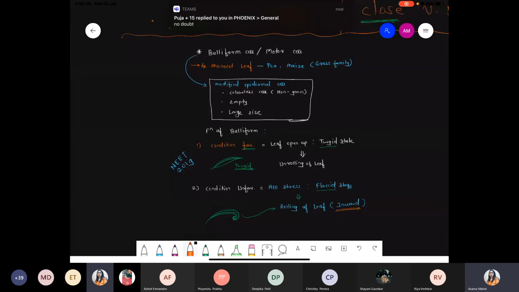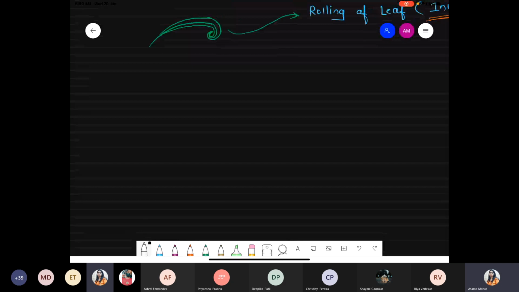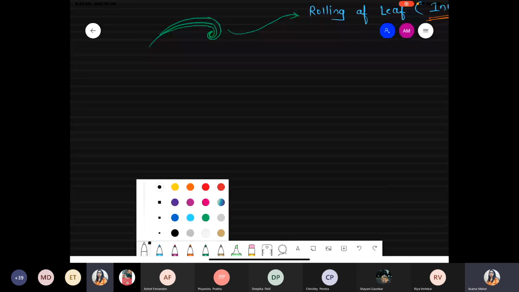Okay, let's go. Next we are talking about the last part of this chapter, secondary growth. From this point of view, we have to focus on two types of cambium. Number one, vascular cambium, and another one, cork cambium. Right, according to our syllabus. So next we are talking about secondary growth, the new and last point of this chapter.